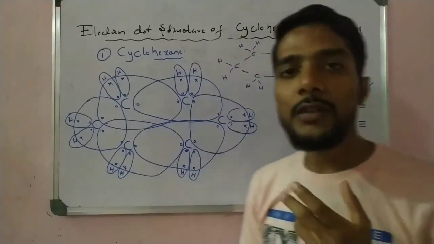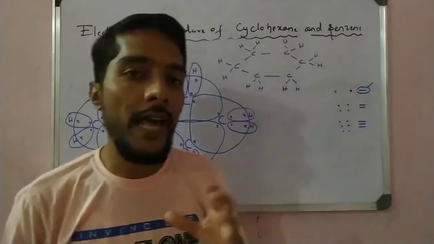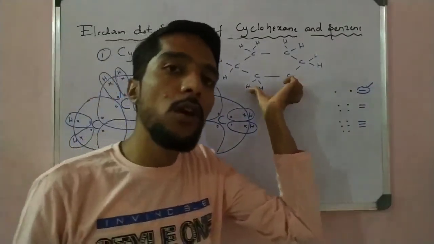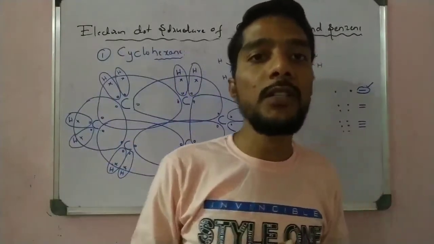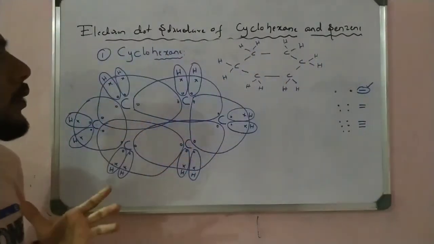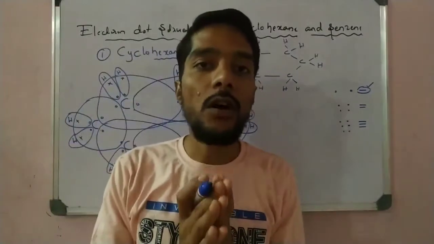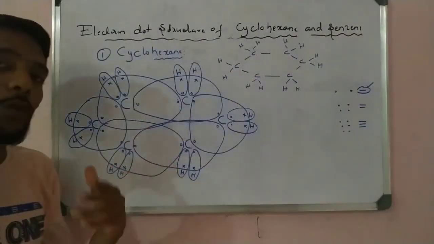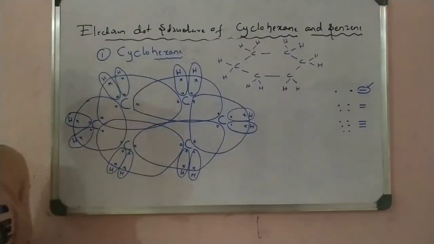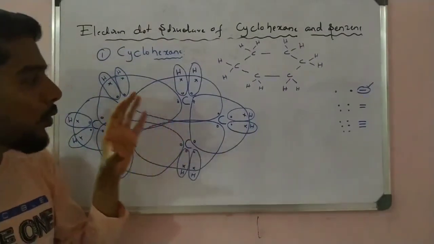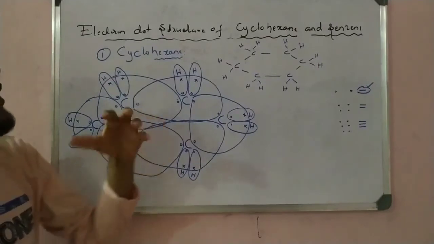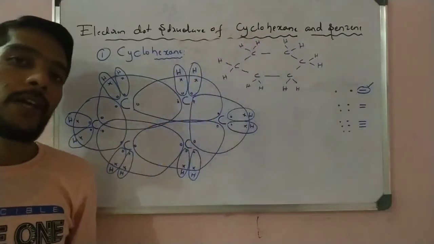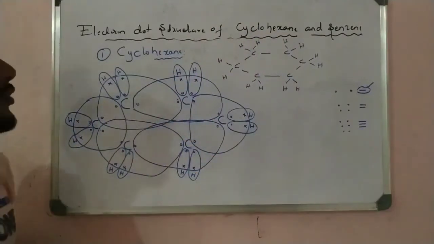In the examination, if they ask to directly draw the structure of cyclohexane, you draw like that. If they ask to draw the electron dot structure of cyclohexane, you can draw like that. So this is the electron dot structure of cyclohexane. Please pause the video and draw the structure 2 or 3 times. Very important for the examination, for 2 marks. So practice this one, draw this one, and next come to the second electron dot structure, of benzene. Please write down this first one.